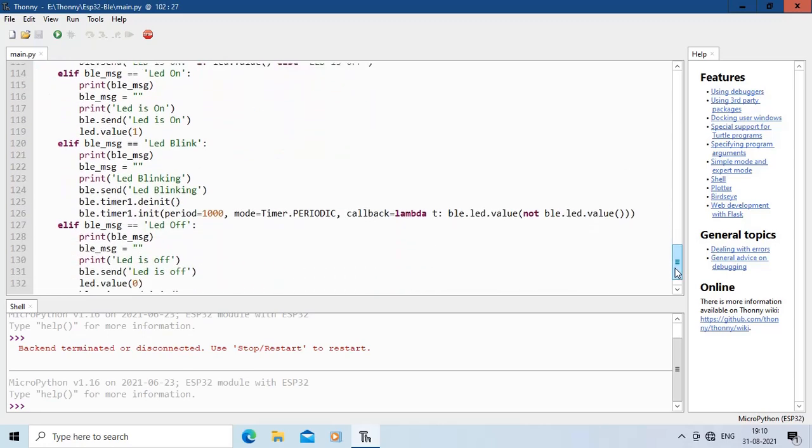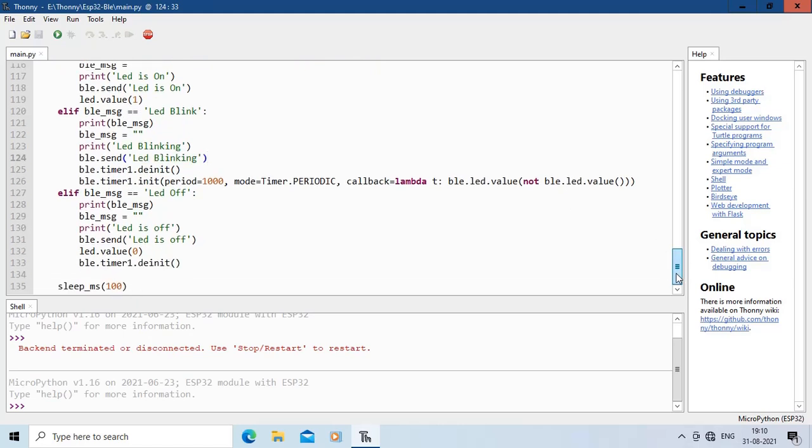And when the BLE message is LED blink, then the LED blink command has been issued and the LED starts blinking on the ESP32, and the same status is conveyed to the terminal. And for BLE message equal to LED off, the LED is put off on the board and the status is conveyed to the central device, and the device sleeps for 100 milliseconds.